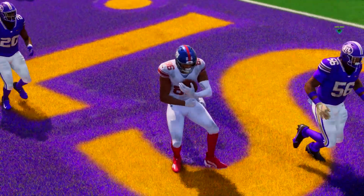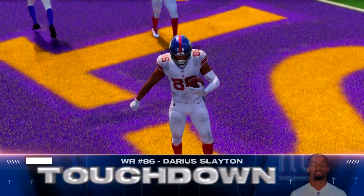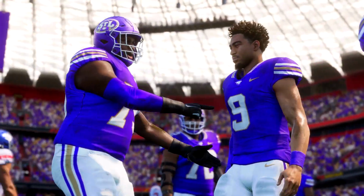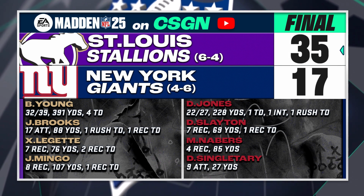But Jones able to get a touchdown on the board here to Darius Slayton. And keeps it from being too big of a blowout, I suppose. That'll make him feel good on the flight back to New York. But Daniel Jones, another rough one. Bryce Young really starting to put together a really nice second season here as the Stallions defeat the Giants